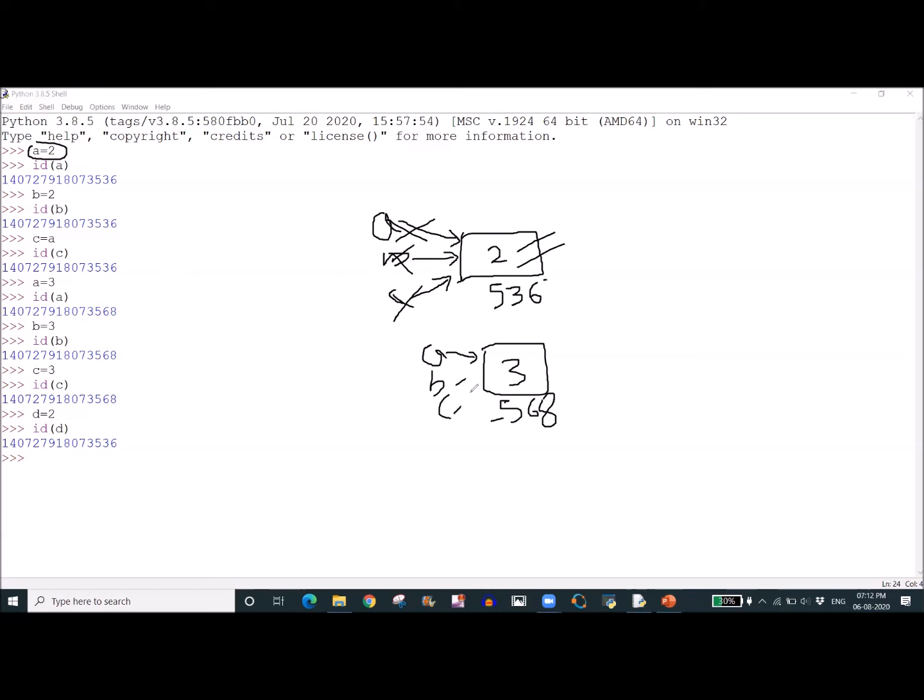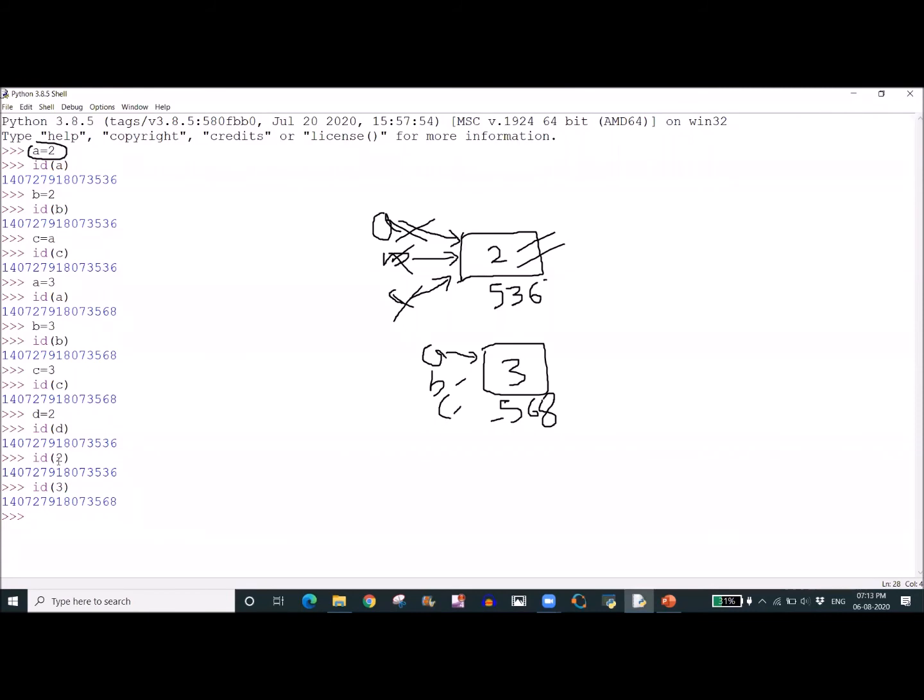Still, when I assign the new variable d equal to 2, d is tagging to the same address 536. Now if we check the address of 2, it is 536. If we check the address of 3, it is 568.